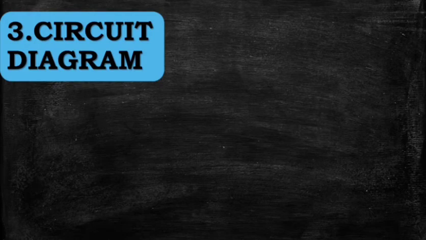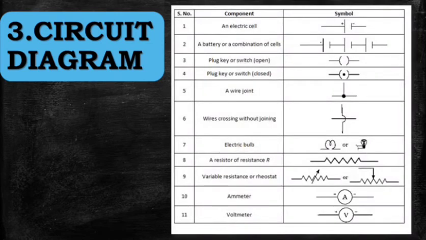Now the third concept is the circuit diagram. In your textbooks, circuit diagrams have been given. We cannot draw the whole resistor or a switch or a button or a transistor, anything it may be. We cannot draw it in 3D form in a textbook. So these are the symbols we must use while drawing a circuit, so it will be easy and convenient for us.